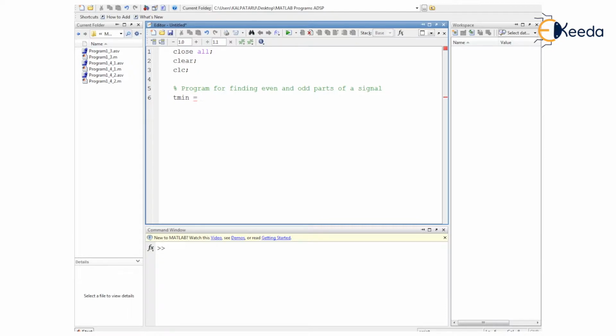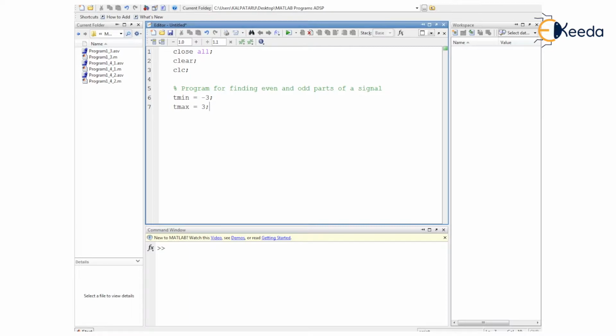We assign a certain value to the variable that we are going to define here as t min, and let the assigned value be -3, whereas there should be a certain maximum value as well. So let us have another variable named t max, and it will have the value +3 assigned to it.